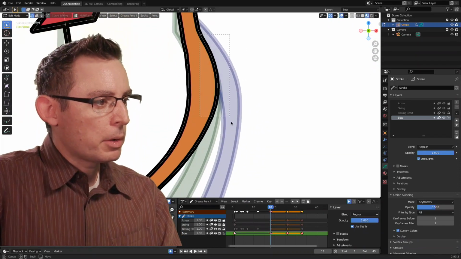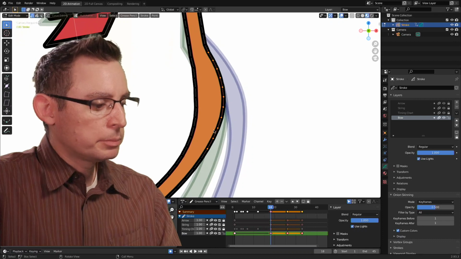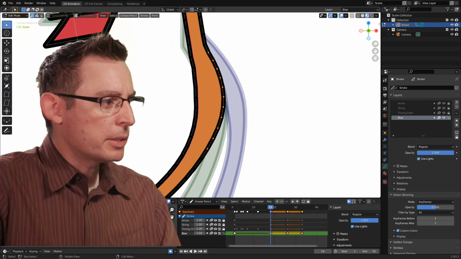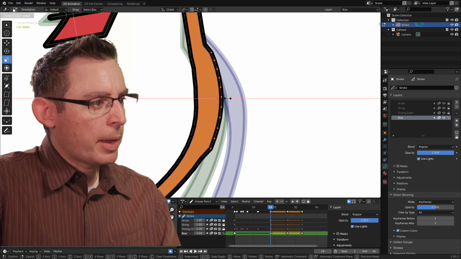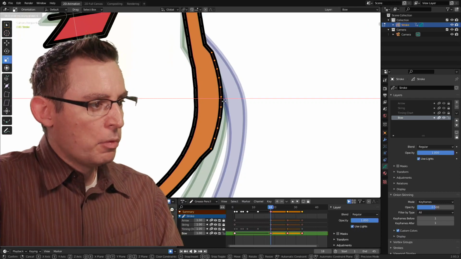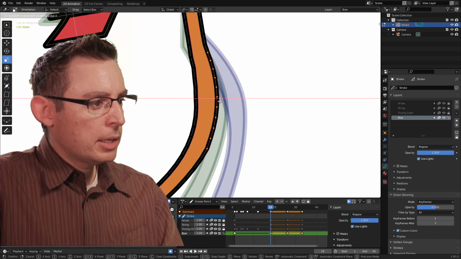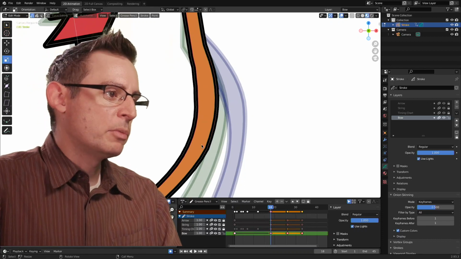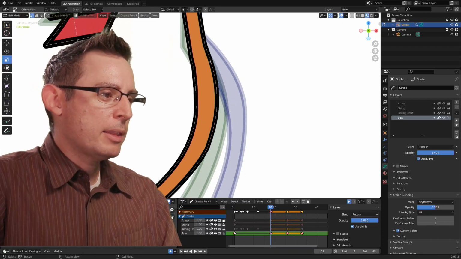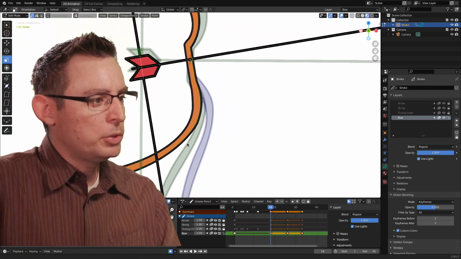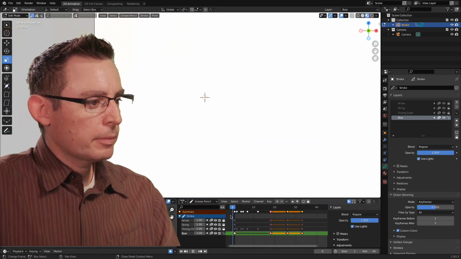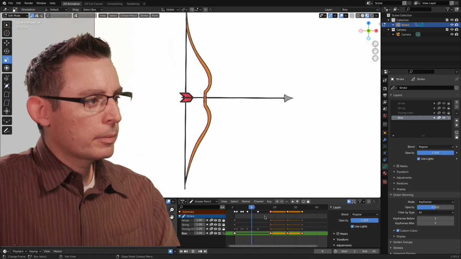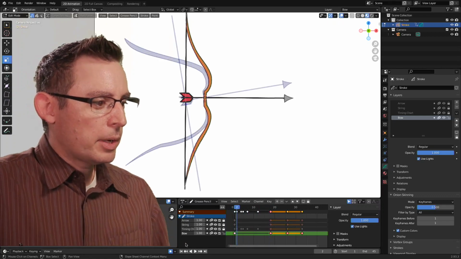I think probably what I'll end up doing is grabbing all these points, and I'm going to run the scale tool and just scale them back a little bit, which is going to flatten them out. And then I'm going to grab them and move them on the x-axis. And I'm doing this just to kind of preserve some volume in here. I think the bend tool gave me this really weird bulge. That's okay. We can always go ahead and fix it. Yeah, pretty cool. I like it.